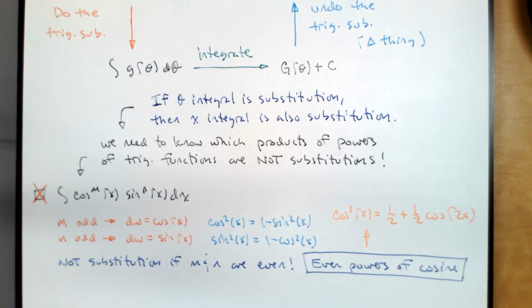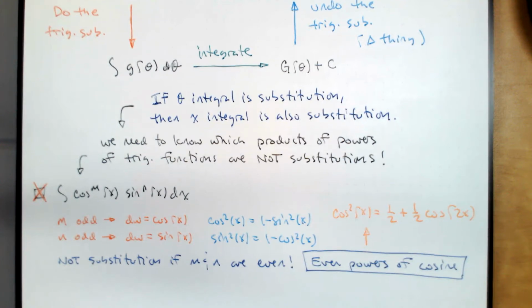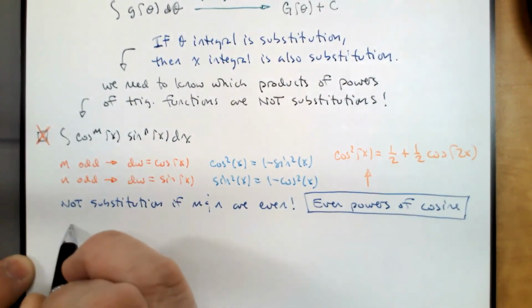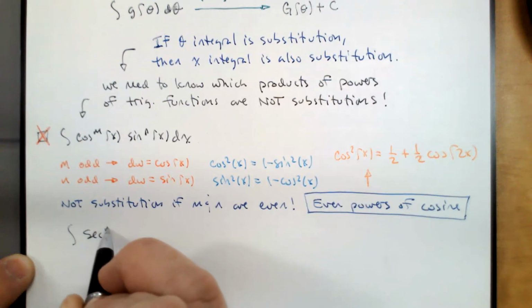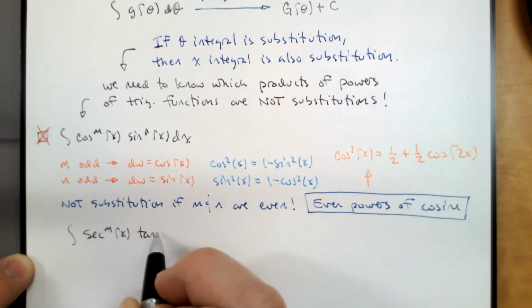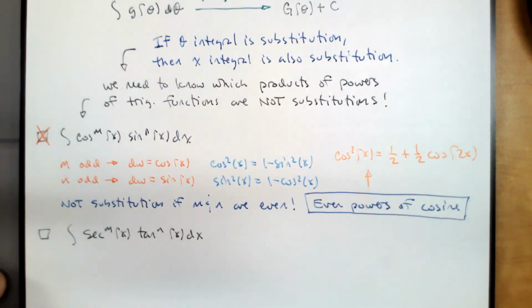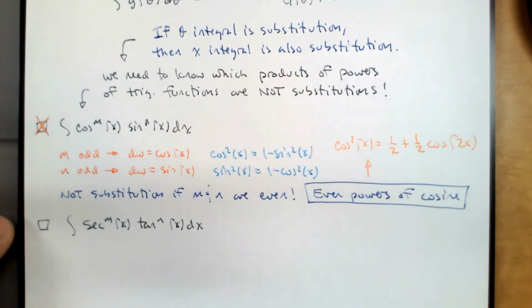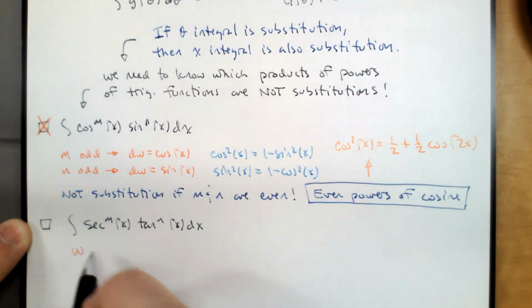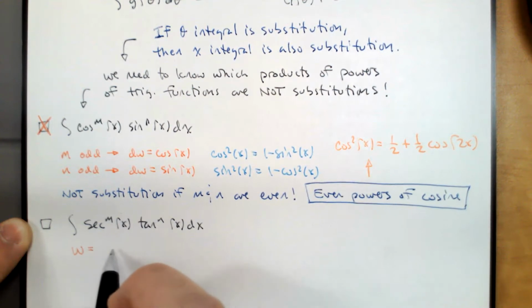The one we have left to sort out is secants and tangents. So let's review the substitutions that we have here. Here's our toolbox for secants and tangents. If I substitute w equals tangent theta, or tangent x,